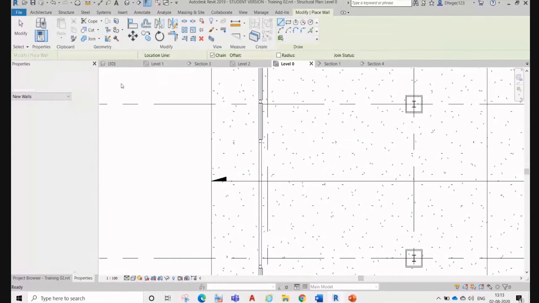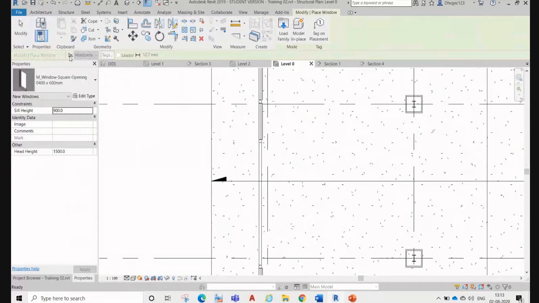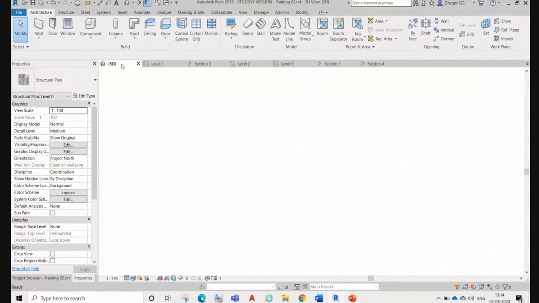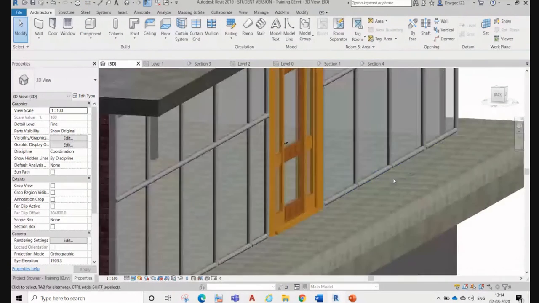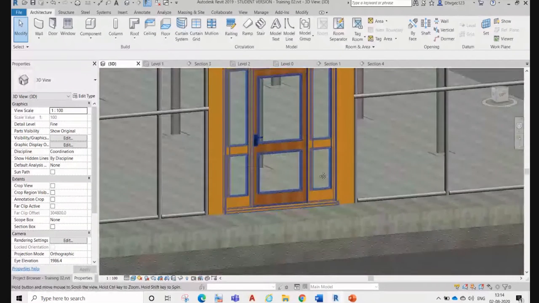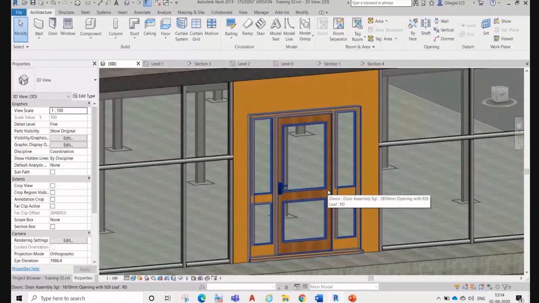Now I'm going to put that over here. Now put the door. Oh, sorry, not a window, door. Oh, again. Okay, that door over here. Now we'll go to 3D and we'll see the beautiful wooden door over here. So first we are just using whatever we have right now with us.